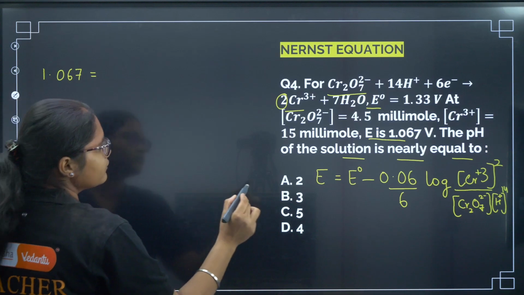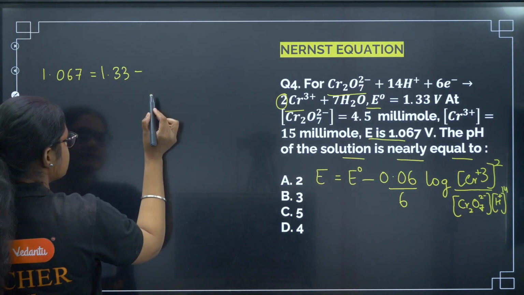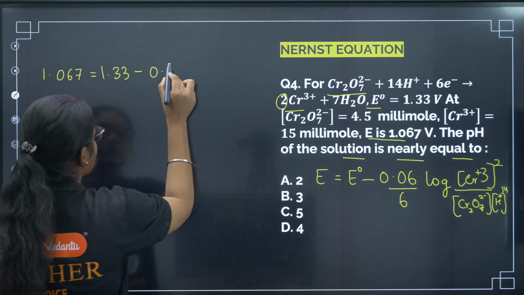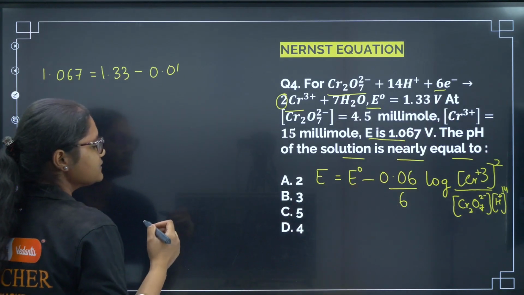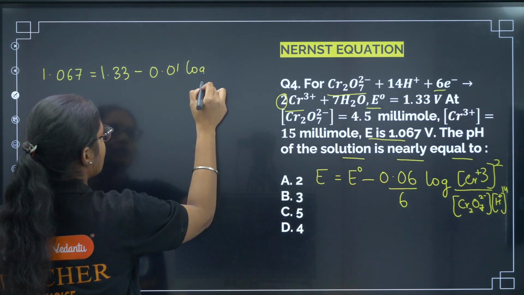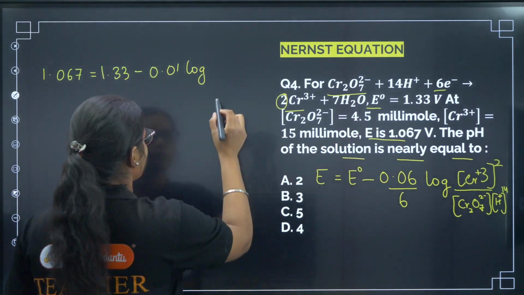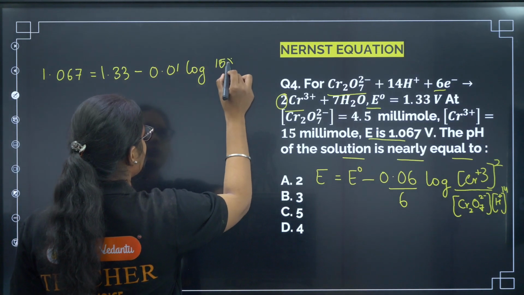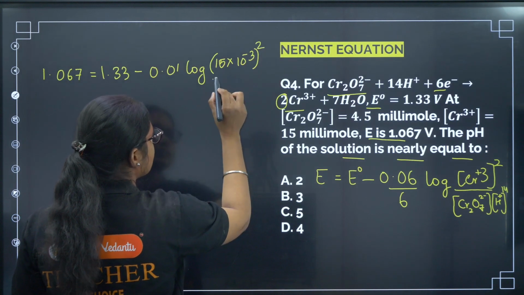What is the E naught value? E naught value is 1.33 minus 0.01, right? This one we can cancel. 6 electrons are there, so n value is 6, log of, what is the chromium 3 plus concentration? Chromium is 15 millimole. So I can write 15 into 10 to the power of minus 3, whole square, divided